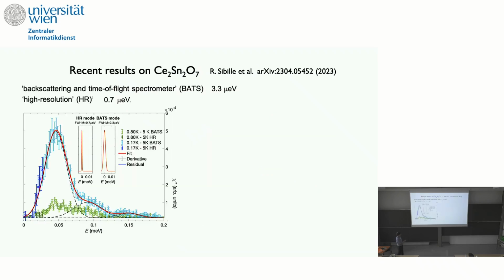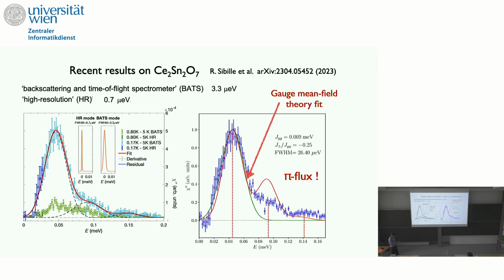Then it turns out there is a very recent experiment done by Roman Sibille, and they looked at the cerium tin material, and they saw this inelastic spectrum that can be explained by a sum of three Gaussians. You can fit this with our theory, and you end up with a reasonable fit with the pi-flux quantum spin ice state. The exchange parameters you determine are pretty close to what was determined by thermodynamic data. And